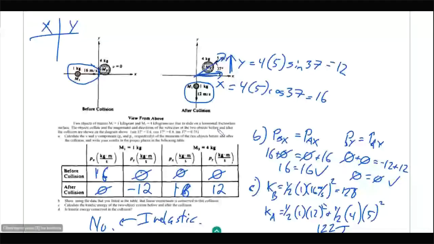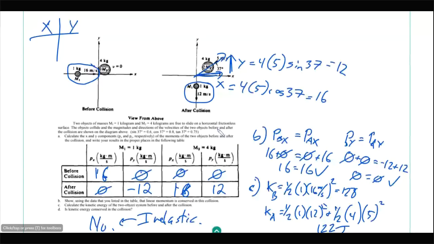I wouldn't describe it as perfectly inelastic now. I would just call it inelastic. I'm not going to worry about definitions beyond that. And if it comes up on the exam, they're going to ask you, is it elastic or inelastic? So this one's definitely inelastic because the energy is not conserved. But I would call it partially inelastic. Completely inelastic to me is when it sticks. When you have two objects stick together and become one, that's perfectly inelastic or completely inelastic. So I would call this one just partially inelastic.